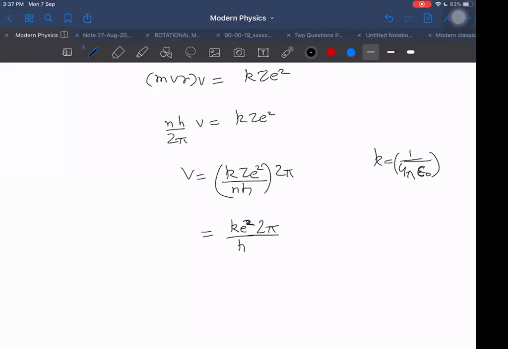Okay, so k e square 2 pi upon h. These things will be right. Then we are left with the z by n. If I take z equal to 1, n equal to 1, let v be equal to